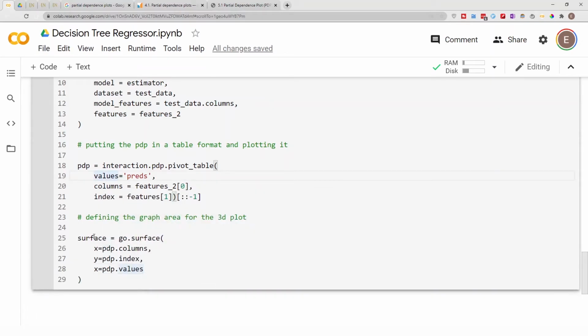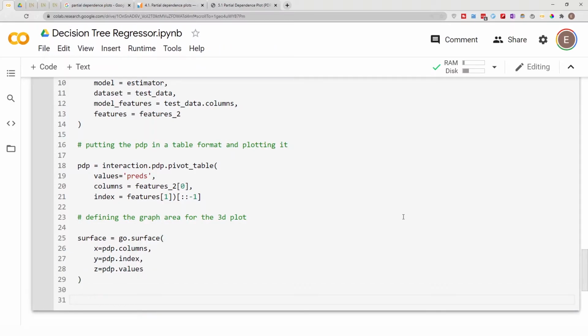So basically we are defining the surface area for our graph, and we're saying that x is the columns, the y is the index, and then the z is the values from here, columns from here, index from here. So now that we've defined the graph area for the 3D plot, let's go ahead and define